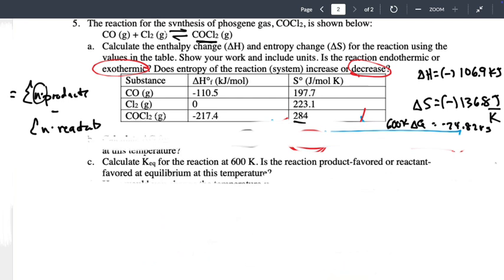Did you have the quadrants written down on your cheat sheet yet? I'm starting to do a little bit of shade. Right? Because if you have your quadrants written down, what do you have? Is the reagent product favored or reactant favored at equilibrium at this temperature? You would know that because if you have a negative delta G, that means your K is